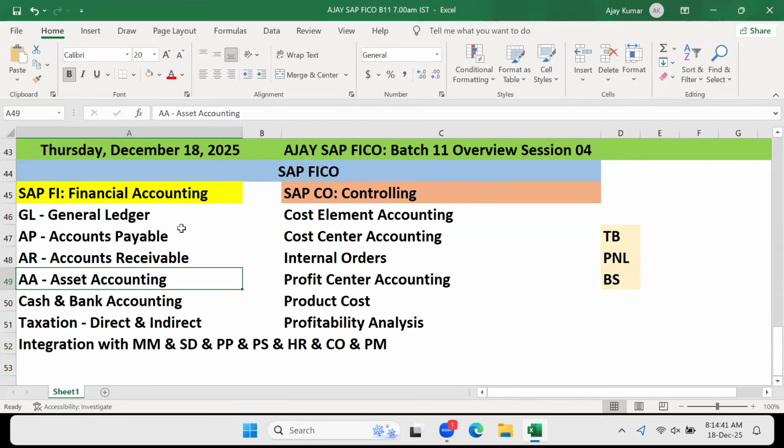Let's say you're keeping biscuit packet, you're keeping bread packet, but unfortunately nobody is purchasing it. All bread packets are getting spoiled and then you're throwing them, or you're ending up feeding bread packet to cows. Possible or not? Possible. But then it's a loss for you, right? You're unable to sell, product is not moving. You will feel that I'm not able to sell my product, I'm incurring a loss.